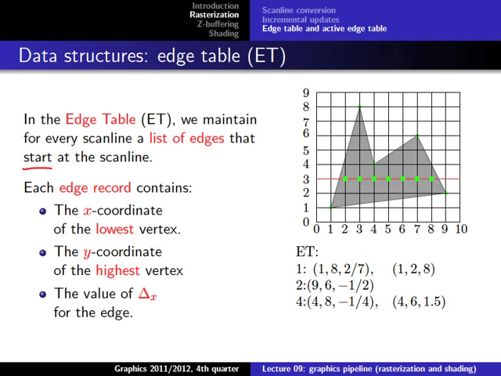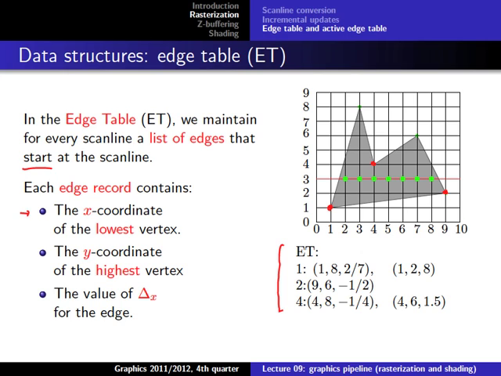So we see here at scan line 1, there are two edges that start. So we have at scan line 1, 2 entries. At scan line 2, there is one edge that starts. So at 2 we have one entry. And at 3 we have nothing. At 4 we have 2 edges that start. So we also have 2 entries here. And then we're done because no new edges start. So this is our edge table with three lines and 5 entries, and these entries contain the x coordinate of